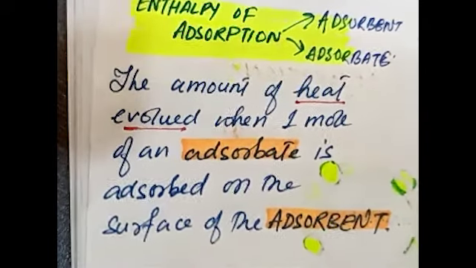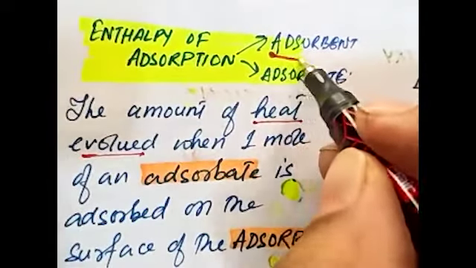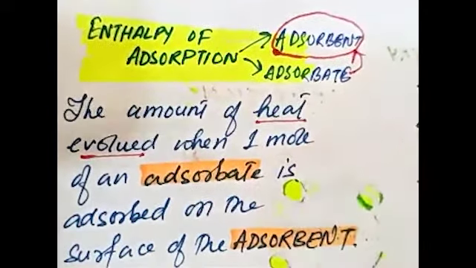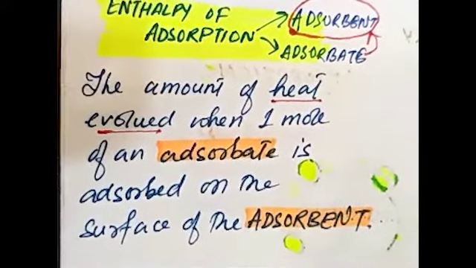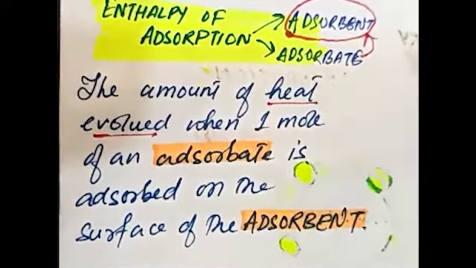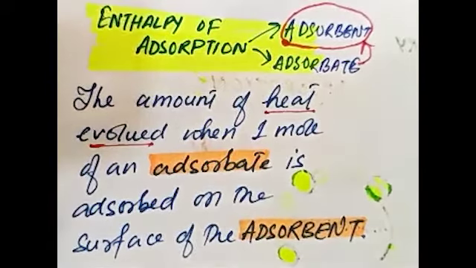Okay, adsorbent क्या होता है? इसके ऊपर एड्सॉर्बेट चिपकता है, ठीक है। तो अगर 1 मोल एड्सॉर्बेट चिपक जाए एड्सॉर्बेंट के ऊपर, तो हीट जितना निकलेगा बाहर की तरफ, दैट इज नोन एज एंथैल्पी ऑफ एड्सॉर्प्शन। गुड एनफ।